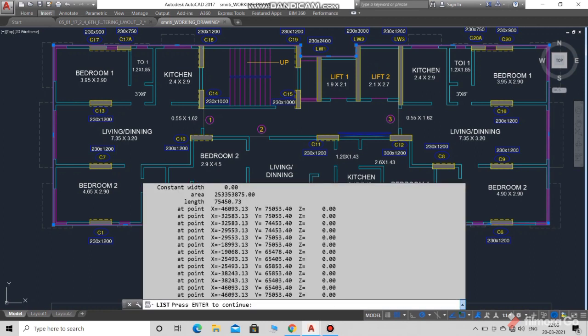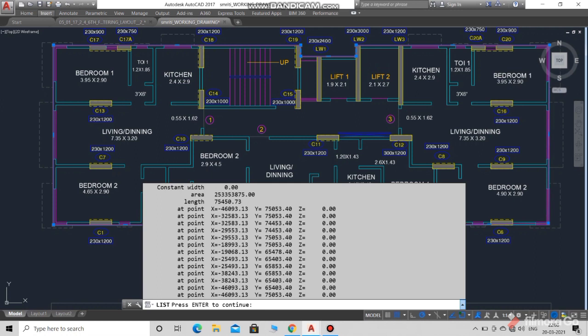So it is a polyline enclosed by a polyline. You have to select the line and enter the command LIST. So you can see, and enter.